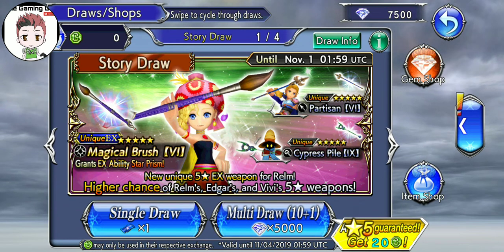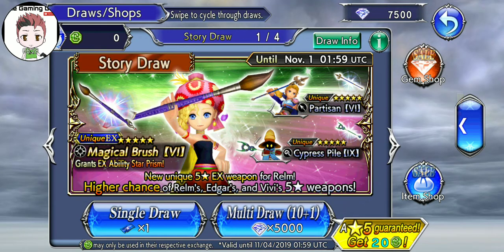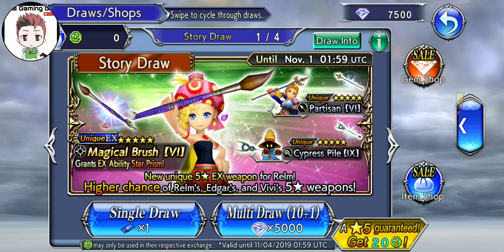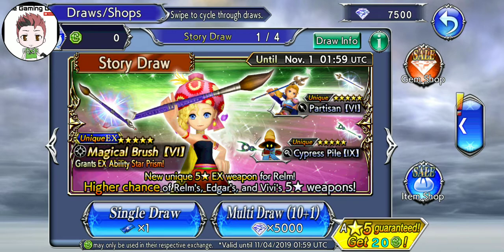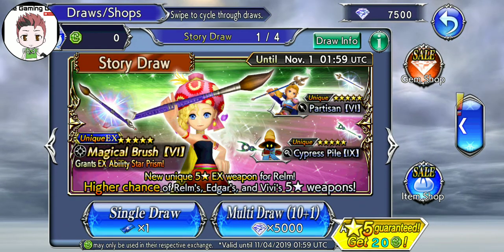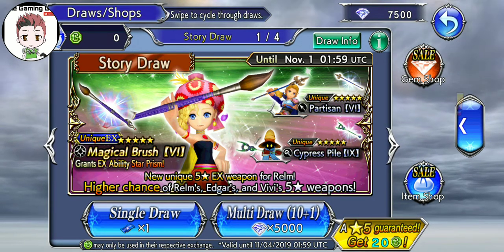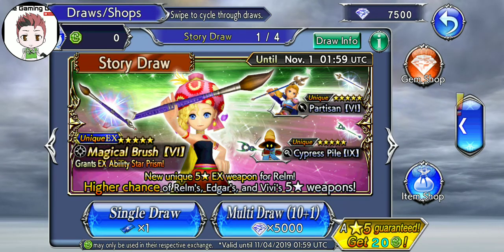This is actually her now that she's going to have for quite some time. Relm does not have an EX Plus just yet on the JP side. So we have yet to see that. I believe it's coming up soon. I believe she's going to get an EX Plus alongside of another character that's coming out relatively soon. I think it's going to be within like the next month or so. So we can hope to see that